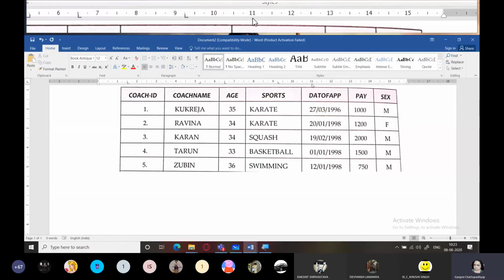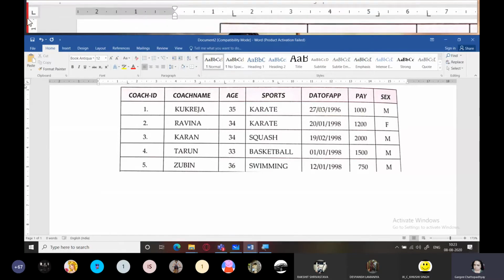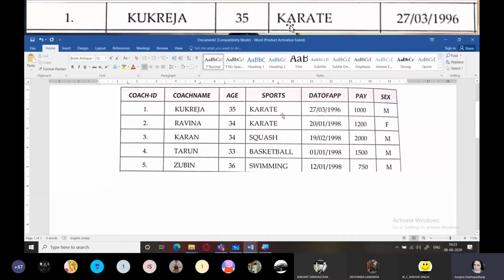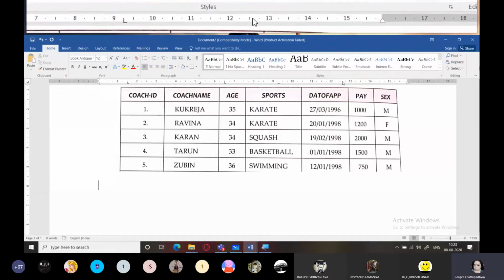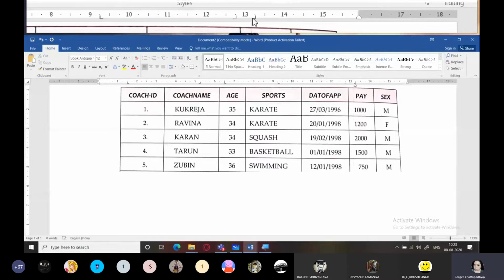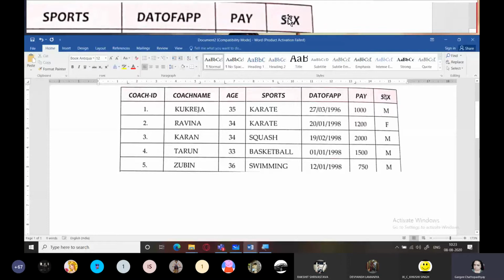Then I have pay, which is a number which has to be right aligned. So again, I'll go back there. I have selected right. And after date of application, somewhere here, I have taken pay. If you want, you can click this and you can shift it a little bit more. Okay. And lastly, I have a single letter column.